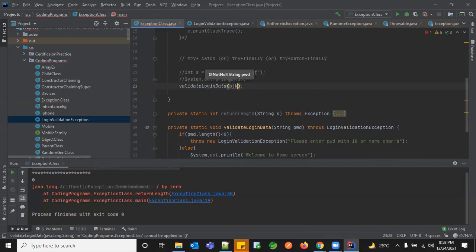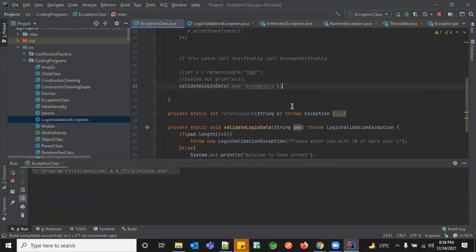Now let me give some data and let me run now. Since my character count is greater than 8, we'll go into the home screen. What if I give less than that?